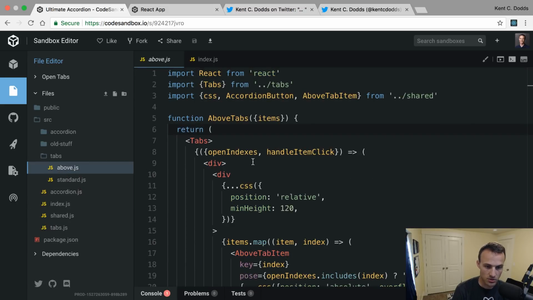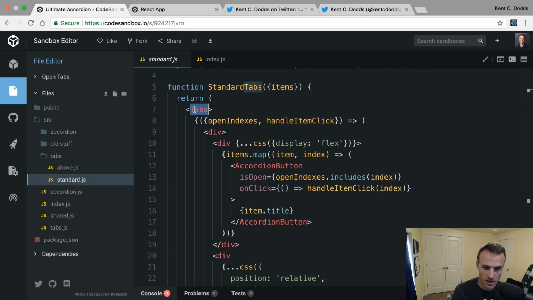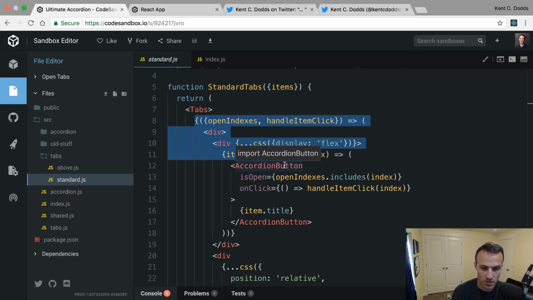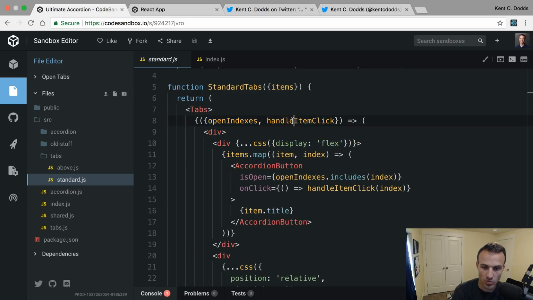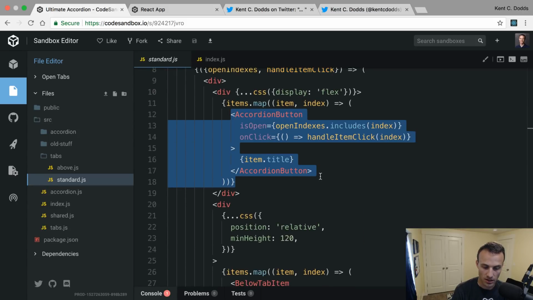And then you can have this tabs UI. So here we'll look at the standard tabs. We're using that tabs component that has the state reducer. We can provide a state reducer here if we want to, but then we provide this render prop, and that's what the accordion allows us to do. So this children function accepts the open indexes and handle item click,